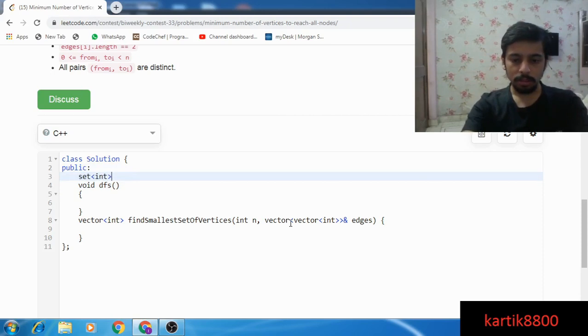Okay, so let me have a set of useless nodes. Set int useless. I could have an unordered set, but I don't want to.